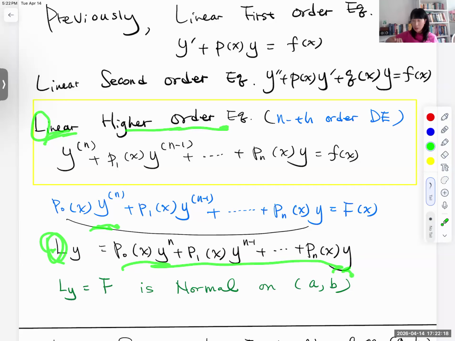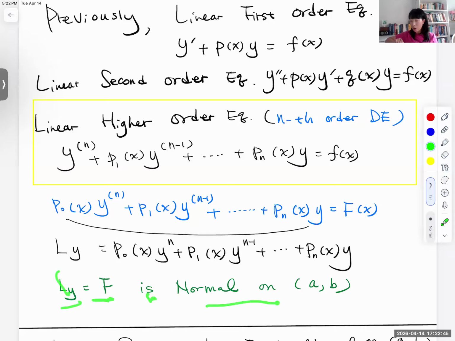That's why we use L sub y in terms of the higher order derivatives of y. Make sense? Now they say that the left-hand side, the same as the right-hand side, is normal on